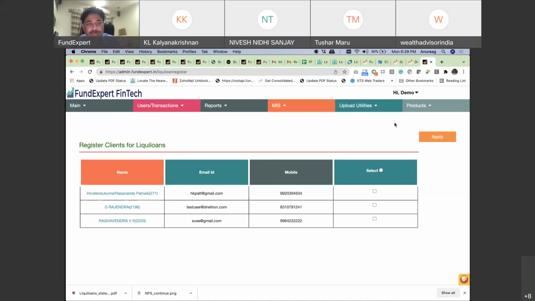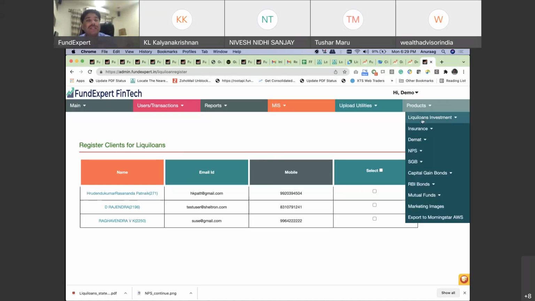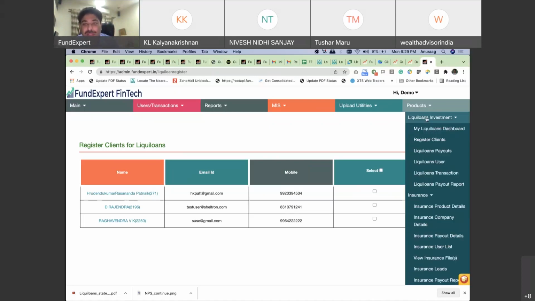It will be from your name. It will go from the Fund Expert email ID, but it will have your name, and the reply will come back to your email ID, and it will have your details, your name, phone number, everything. So basically, he'll set up a marketing mailer for you, and it will go. So you have the ability to get these kinds of extra support with personalized marketing material and a personalized marketing mailer for your customers. If you are registering all your customers here, he will run all these campaigns for you and give you all this kind of support, so that your clients will become aware of this. They will contact you, and you can then speak to those who are interested and take it forward.